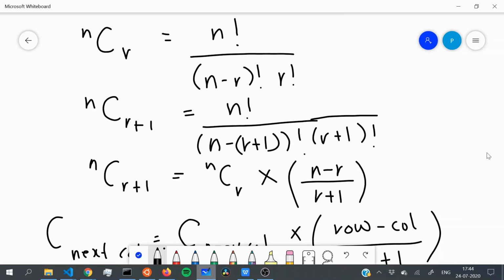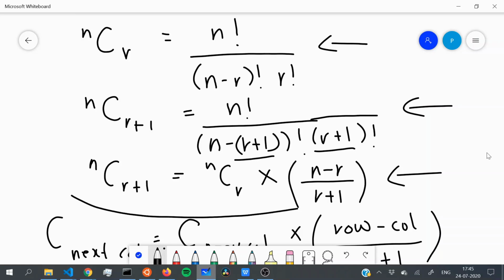So now we're going to be talking about how we drew our previous conclusion and what the formula for that could possibly look like. We're going to revert back to our original notations, which are n and r. And as you already know, the formula for nCr is this. Now, if I substitute r with r plus 1, which will be our next column, then this would be the formula for it. All I'm doing is replacing r with r plus 1. Now, if you divide both of these equations and you know a little basic about factorials, then you can simplify this entire thing to this equation over here.